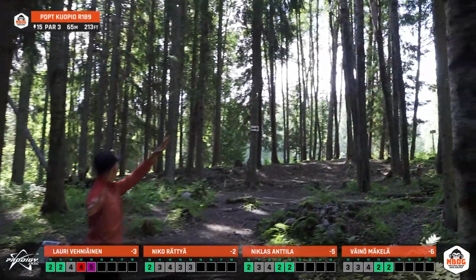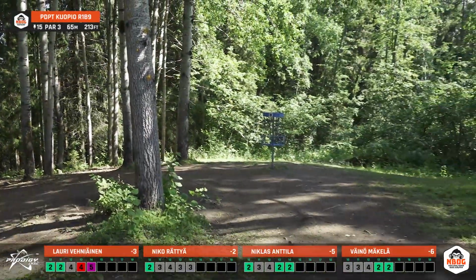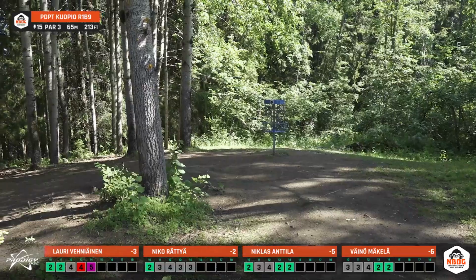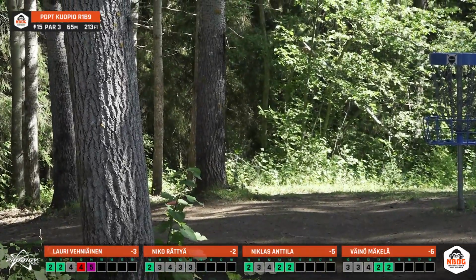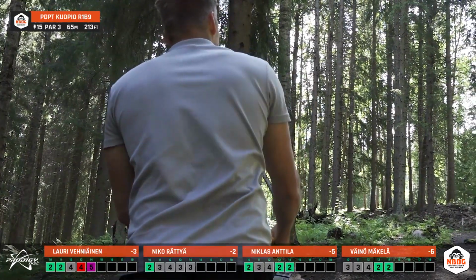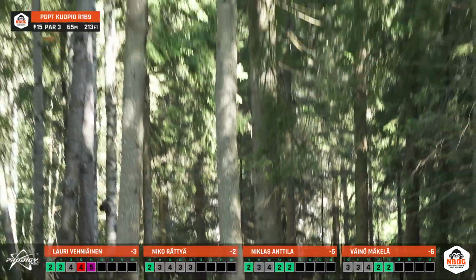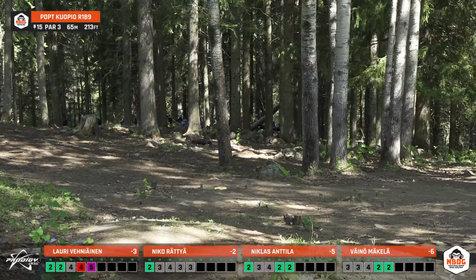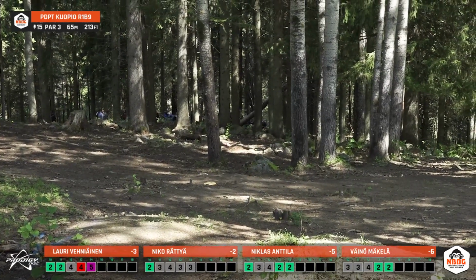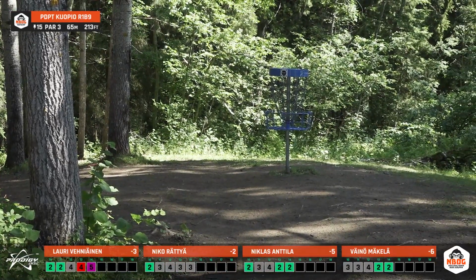And Niko to make it 3 for 3. Going a little bit higher, which means that he should be stopping a little bit earlier, which he does. Stuck a little bit unfortunate there behind a tree, but should be able to get up and down. And not enough stability on that last one. Just hanging it out wide. Coming up short, but he's made those before, so...